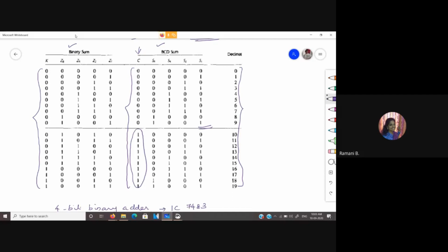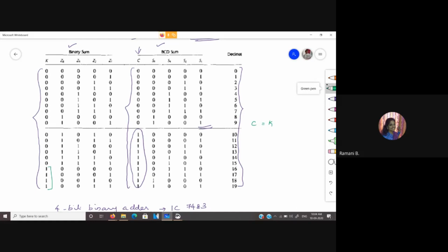So with respect to binary, we should give the conditions. Here, when the binary sum has K equal to 1, at that time, I add 6 to it. So C is equal to K.